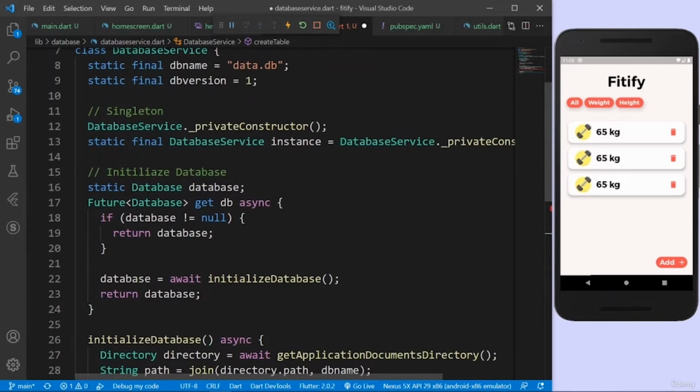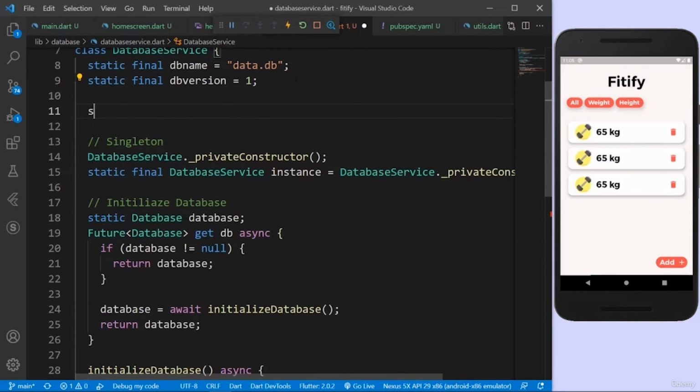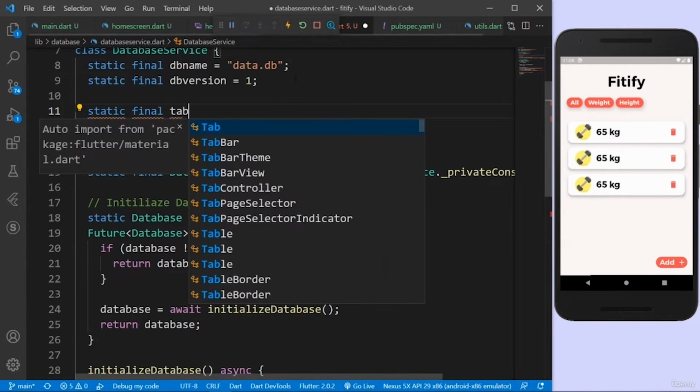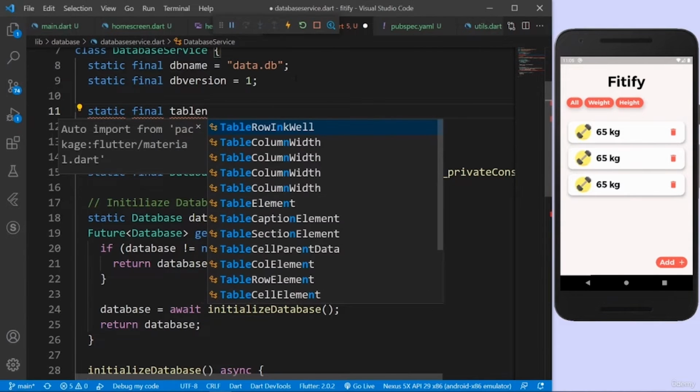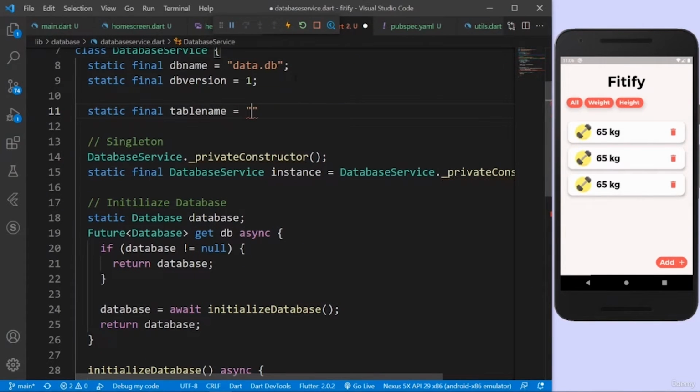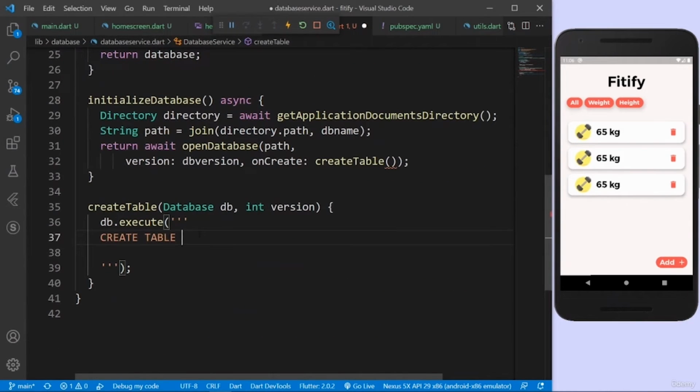So let's again go up and create a variable. So static final, let's actually just name it table name, and let's actually give it a name. So like the name, I'm gonna just say activities, maybe activities, and I can just pass in the table name here. I'm gonna do a string interpolation because I'm passing a variable into a string. That's why I use the $ symbol, table name. And after creating the table,